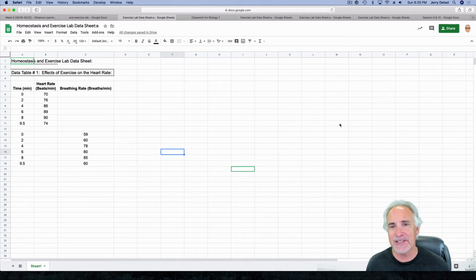Welcome. Today's lesson is how to make a graph in Google Sheets. We're going to be using our homeostasis and exercise lab data as an example of how you can make that